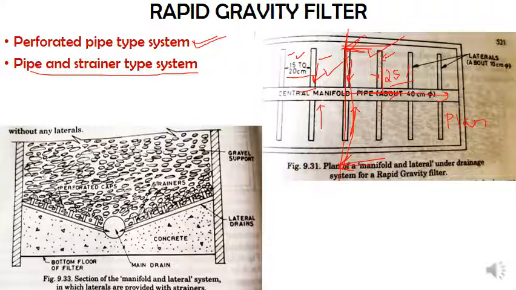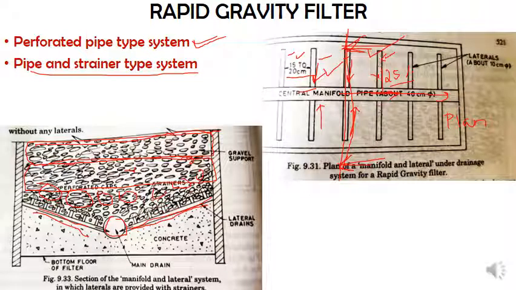You have your main drain over here, and your laterals with a certain slope, that is a 1:100 slope that we usually provide. All this material on top is nothing but the top base material, and along with that, on top you will have the fine sand material. This is how the two sections can be separated.